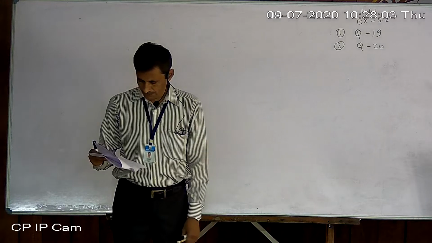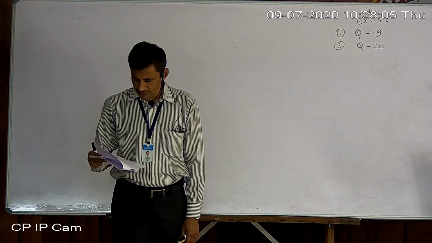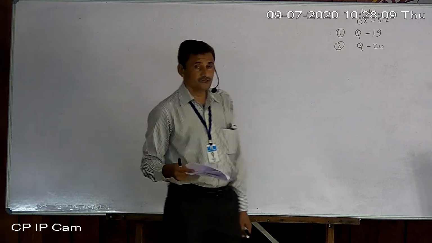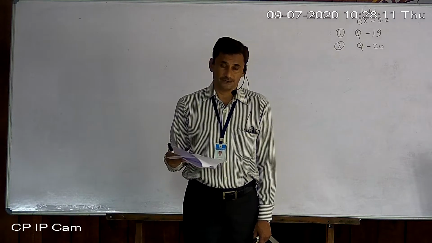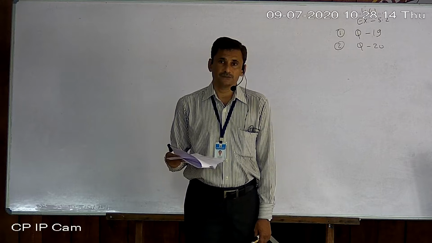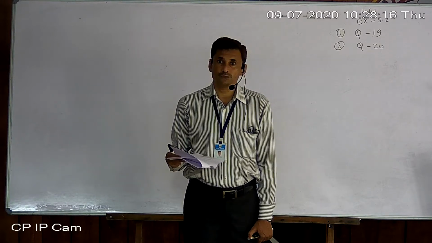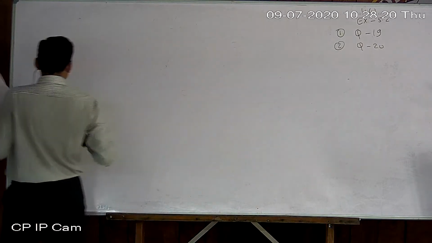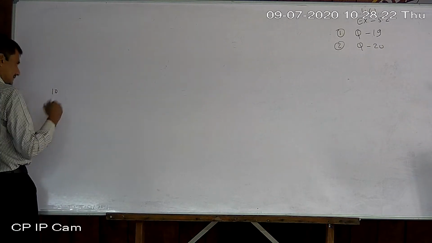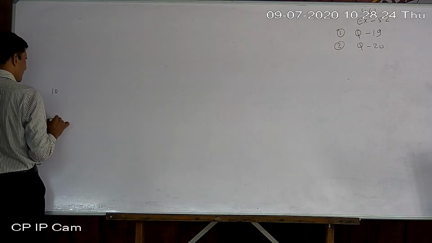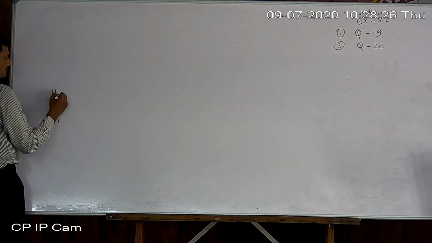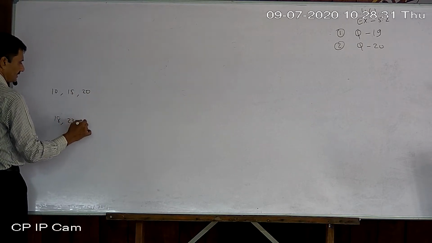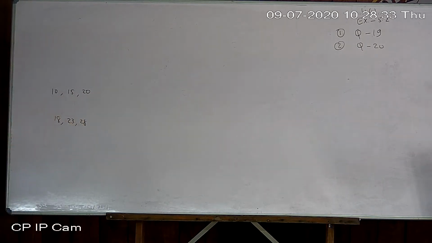Now, what is the difference between the 1000th terms? Now you understand two conditions are given. First of all, the common difference is constant in both ones. Suppose the first one starts from 10 and the second one starts from 80. But the difference will be constant, just like that: 18 plus 5, 23 plus 5, 28. So the difference is constant.